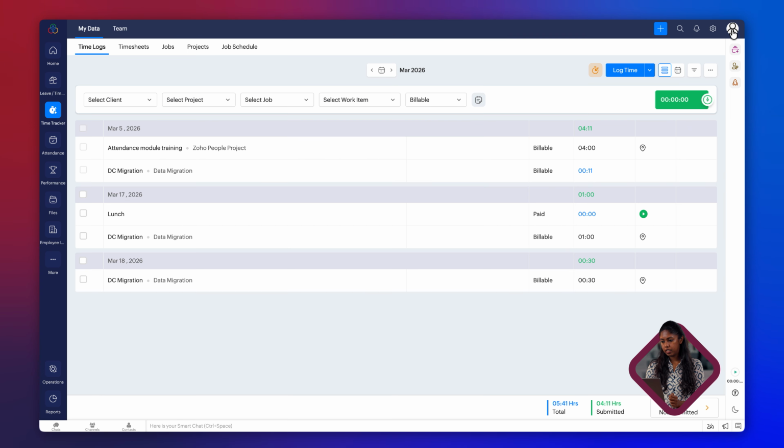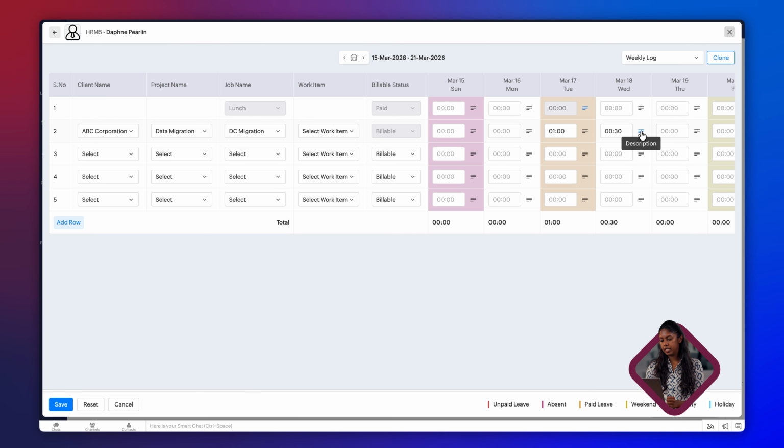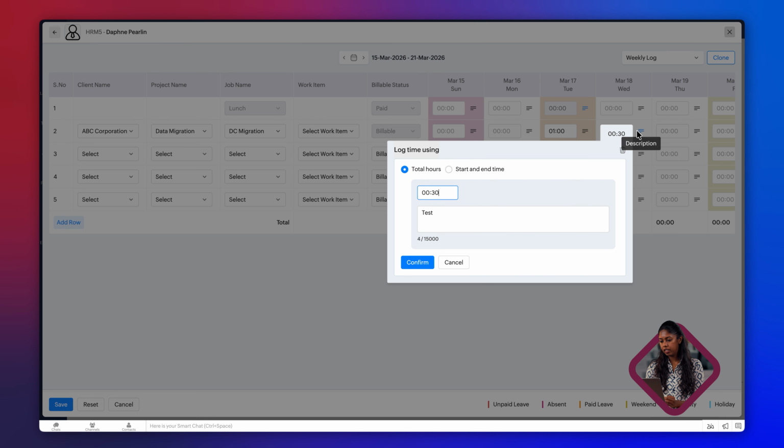The fourth enhancement is when you're adding bulk time log, let's say using the weekly option, monthly or even semi-monthly option, description will not be explicitly available. So an employee goes to the bulk time log option, let's say we'll pick weekly log. Whenever I add a time log, here I'll get an option to add a description, but this description will not be listed here. But now in the bulk option, you can click here and you can view the restriction. This is the fourth enhancement.